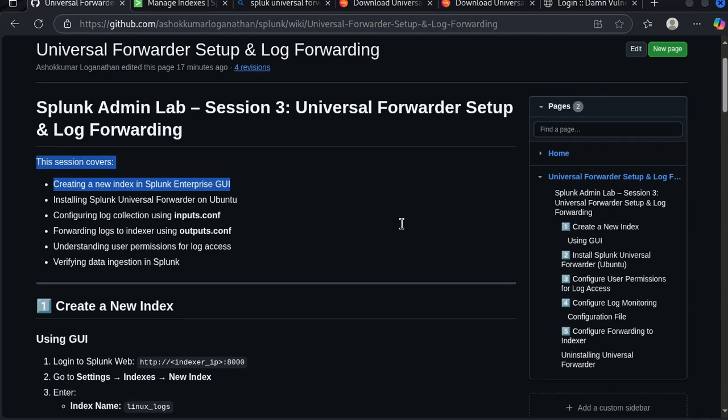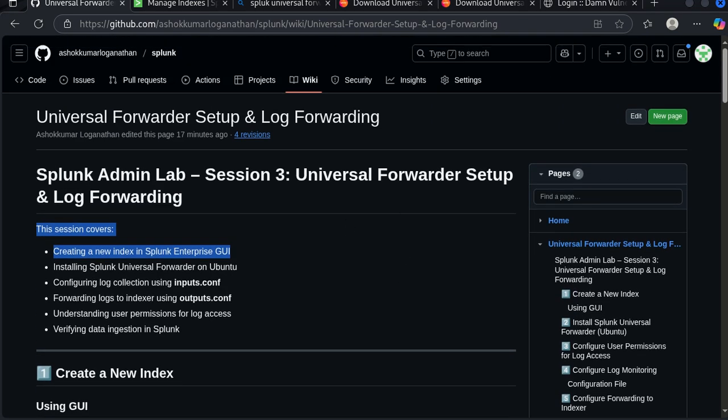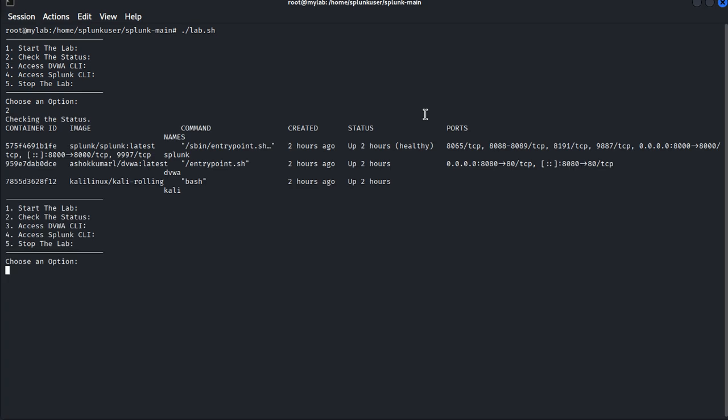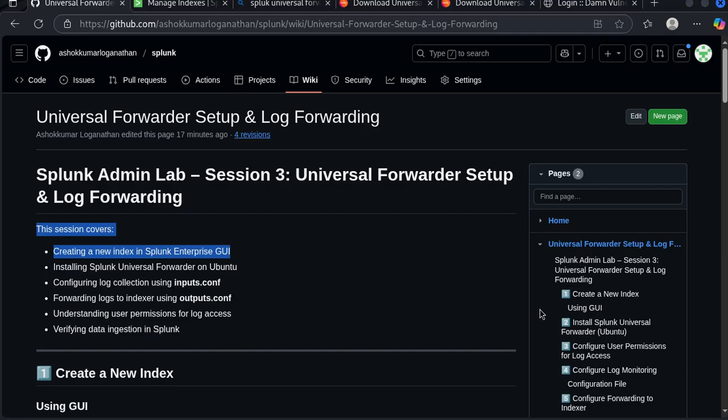So let's get started. I already have my lab set up and it is up and running. And still, we can check the status. Yes, I can see my DVWA as well as my Splunk instance. Both are running. So before we jump into the Unix server, we have to create an index